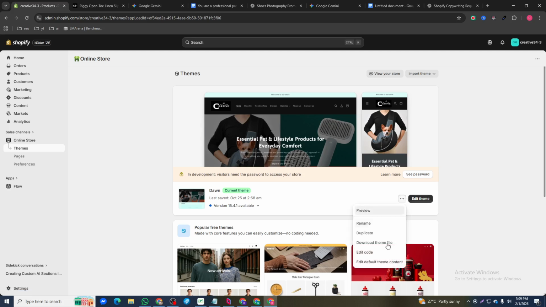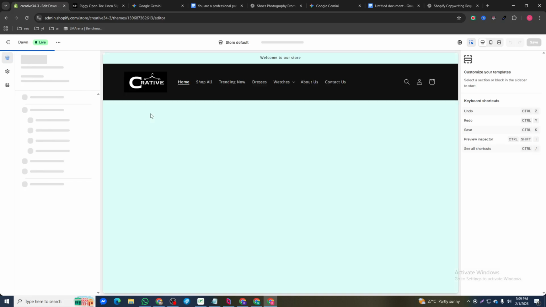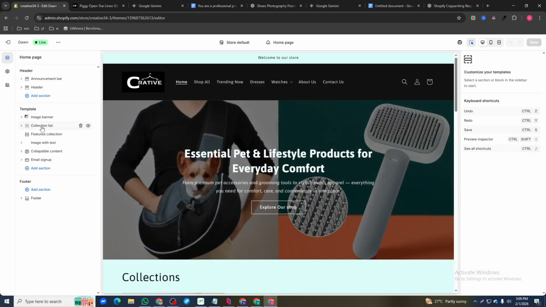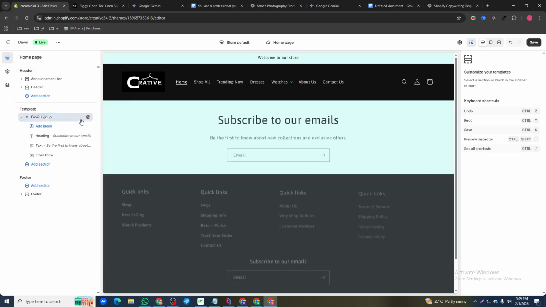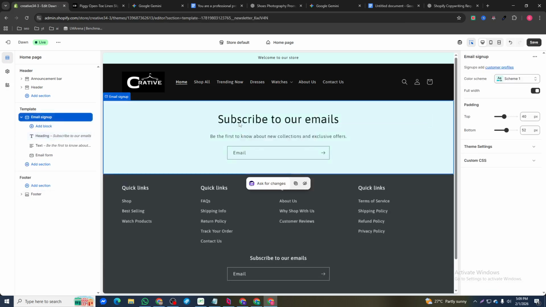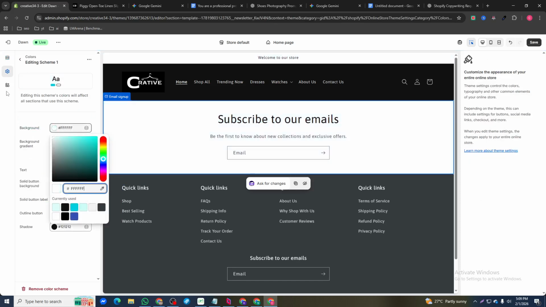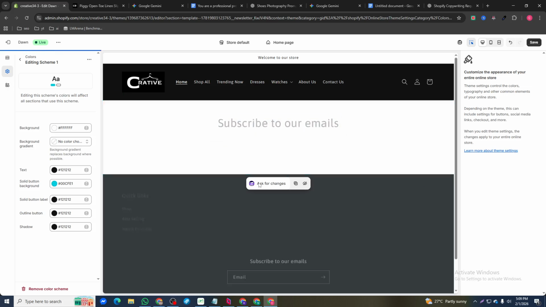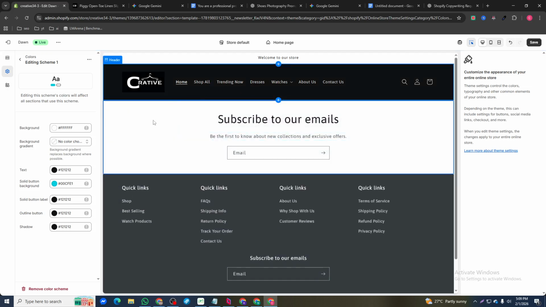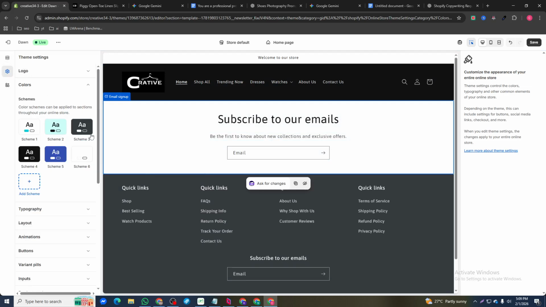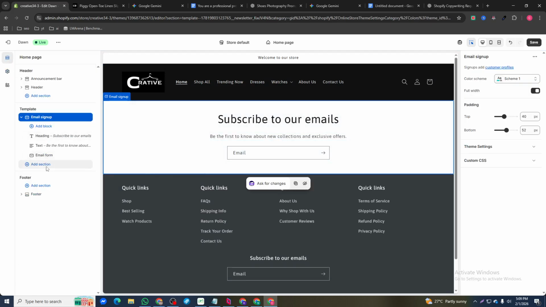I'm going to remove all the current Tone theme sections. I'm going to go to edit theme and delete all the current sections I have. Let's right click, delete. Right now I'm going to organize my sections, and first change the color. It will be a totally white background, and today I will use a white plus black scheme for my brand store. Then I'm going to click the section and click the next section.